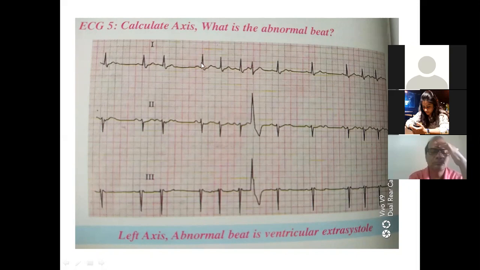Atrial ectopics will be similar to the normal PQRS complex. It looks similar, no? Except that in ventricular ectopics there is widening. You can see there is a widening. The pattern looks different. This is actually a ventricular ectopic. Is this pattern and this pattern the same or different? Different. Look at this QRS. This widening looks like the map of India, look below.